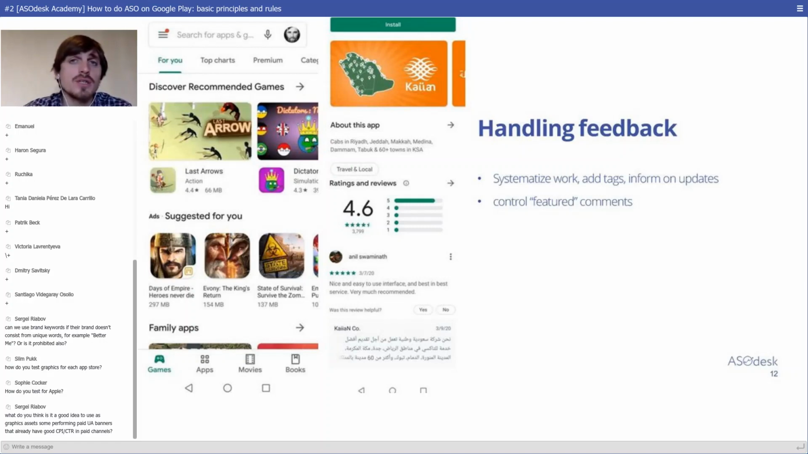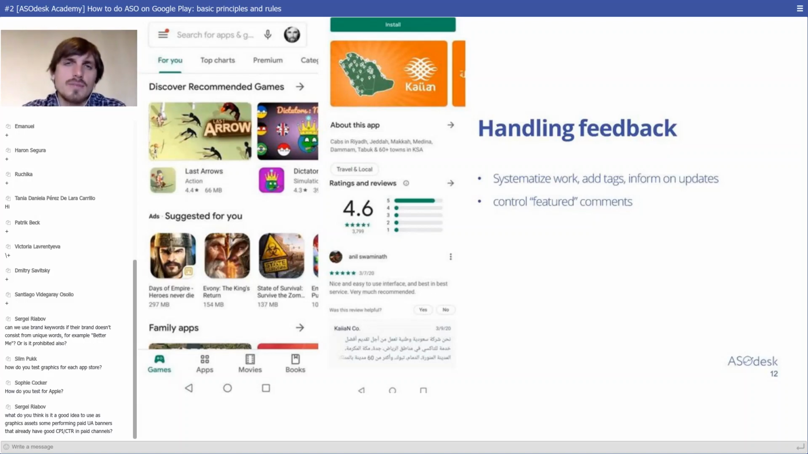This always improves the retention rate. This is a normal and very nice qualitative metric of working with reviews. And another very, very important thing, and this will be the last thing about the reviews in this lecture, are featured